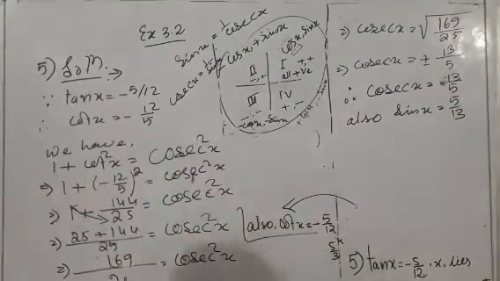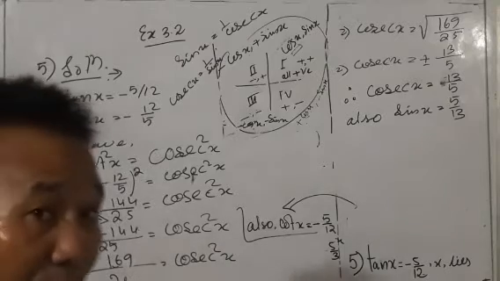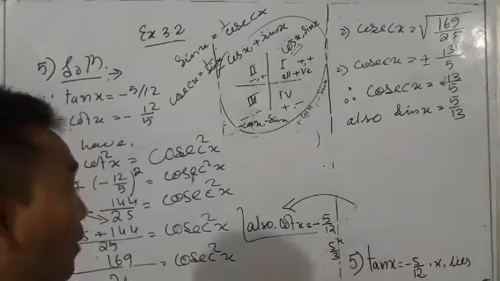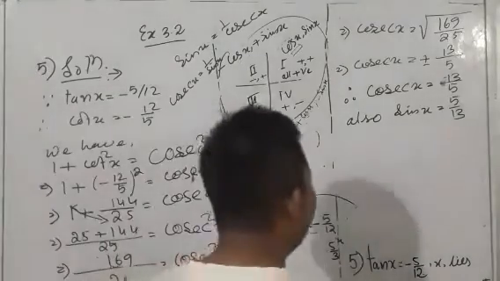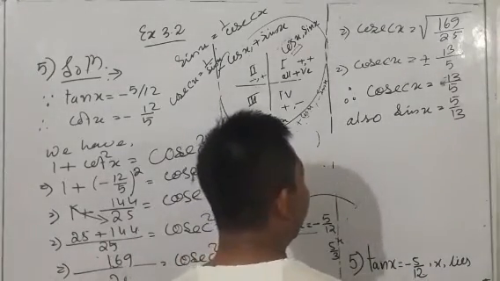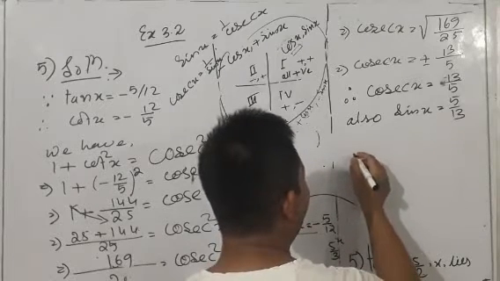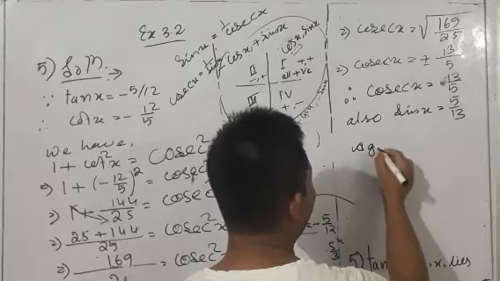Next, we have tan x, cot x, and then sin x. Sin x, and then what are we supposed to find out again? We have to find cos x, and then sec x. To get that, what do we have to do? We have to again